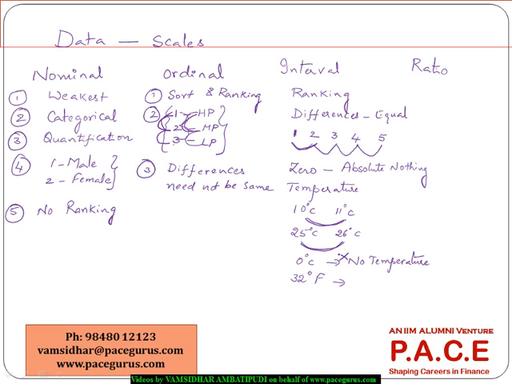So for those kinds of data, the differences are pretty much fine. When I look at 11 degrees C, I'll call it 10 degrees C plus 1 degree C. But I cannot say 11 degrees C is 1.1 times or 10% more than 10 degrees C. This kind of multiplicative relationship does not come in. So ratio multiplication cannot be applied to interval scale data, because the zero does not mean the complete absence. It's not a true zero.